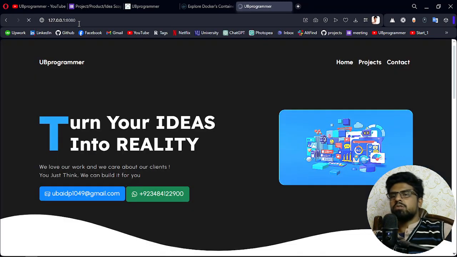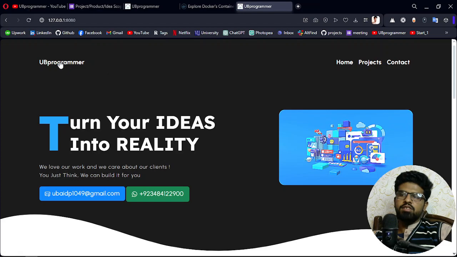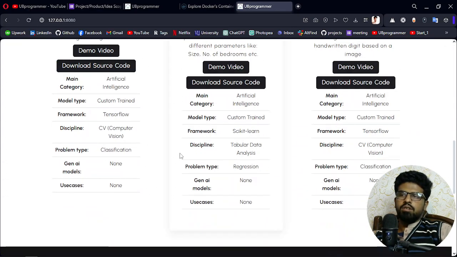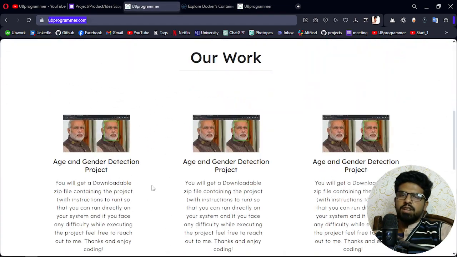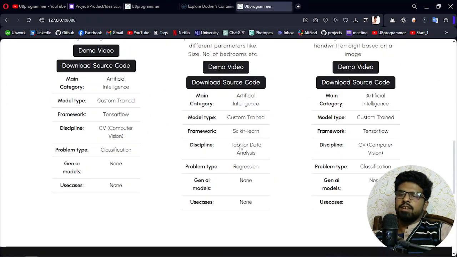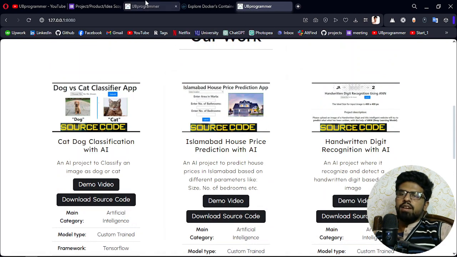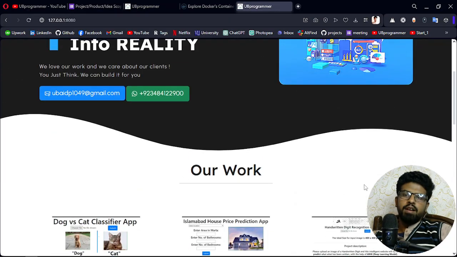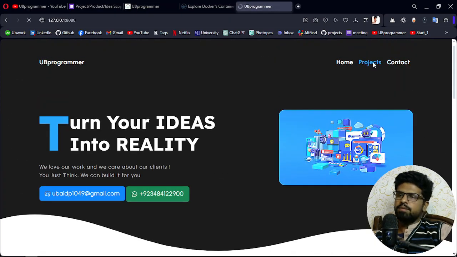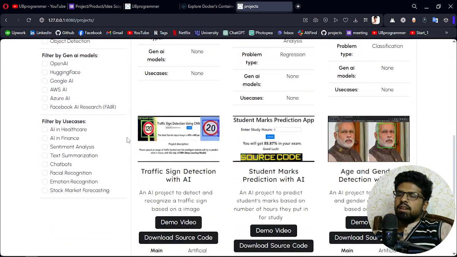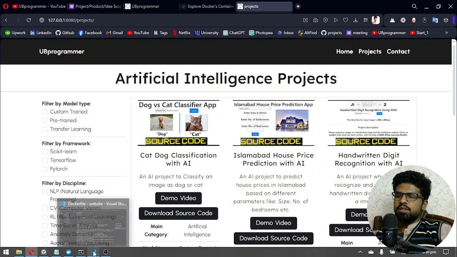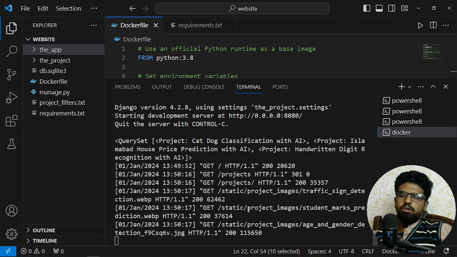Yes, so I am running my Django application by dockerizing it, right? Definitely I have made some changes in the testing version. I will push that into my main Google Cloud container in a bit. I'm working on the website right now, but you can see it is live and it is running by dockerizing,